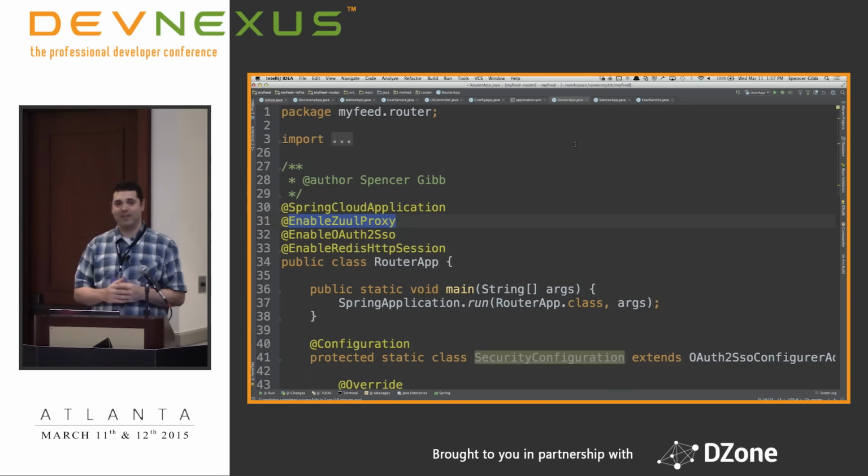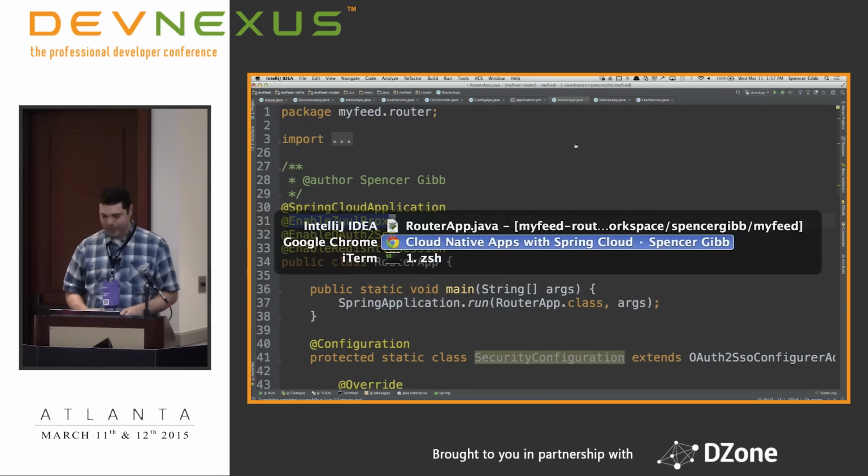It really doesn't do anything in and of itself. So we plugged it into Eureka so that if you wanted, it would automatically create routes for all the services that are available in Eureka, just automatically. You can disable that or have certain services ignored, but we thought that was really handy to just have routes for these services.